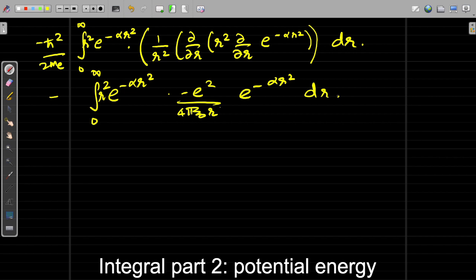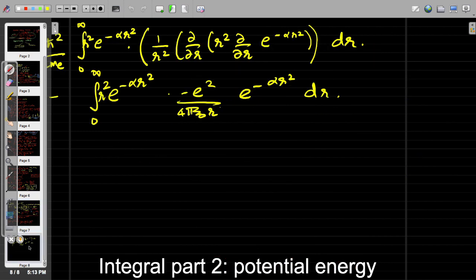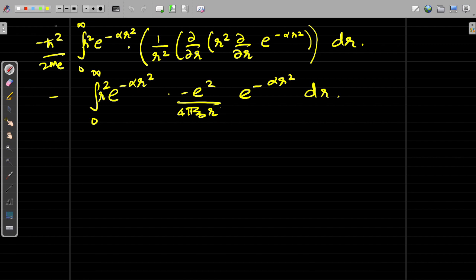Okay, so what did I do? All that we are trying to do is to break this Hamiltonian into two portions. One is the kinetic energy portion, the other is the potential energy portion, and we are applying it serially one after the other. So this is the first component I wrote. This is the second component that will not have this portion, right? So I request you to sit and carefully do these integrals, and the third integral would be of the sort, in the denominator, the whole divided by, we have that integral right there,